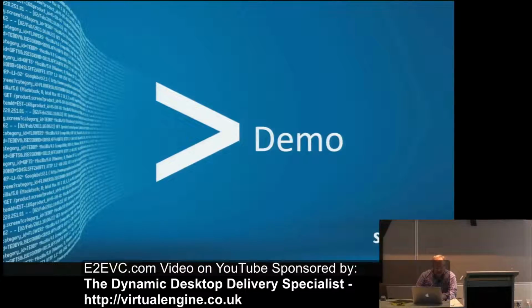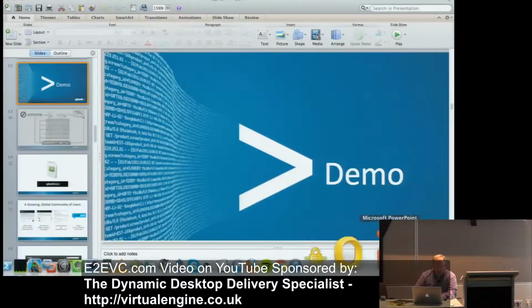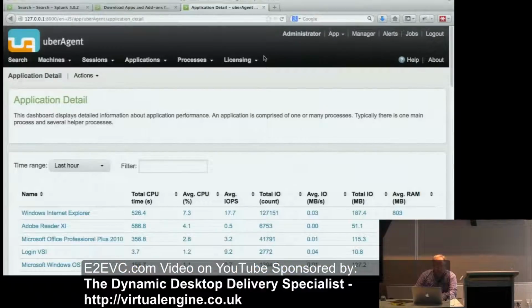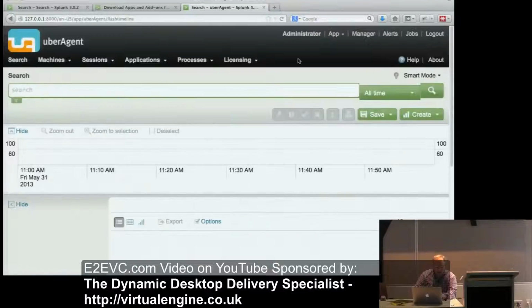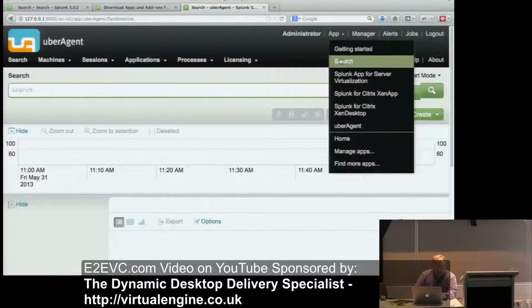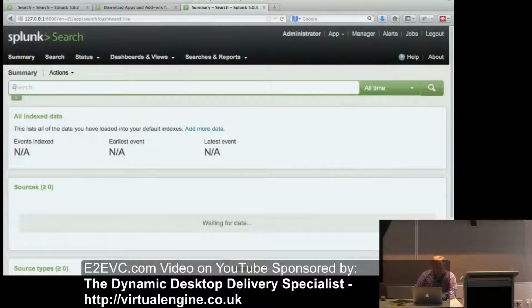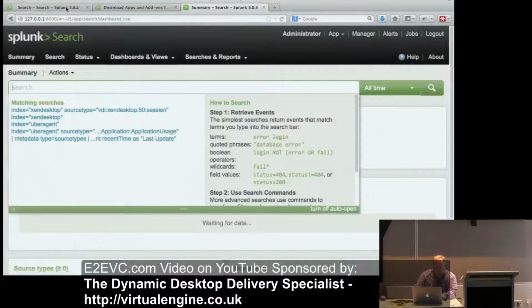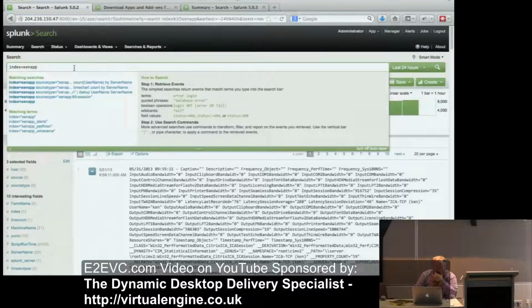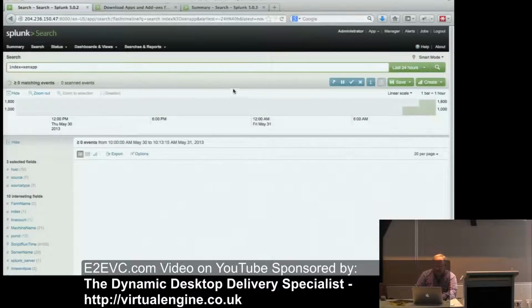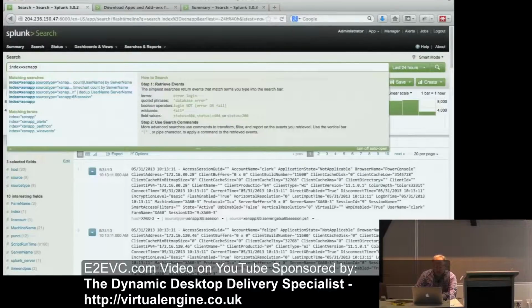So let's take XenApp for example. Let's create a dashboard for XenApp. What's a common thing to look at? Server load. If I want to look at the average server load per server, I can go in here. Remember, I was just doing discovery. I know that the index is XenApp, so I can look down here and ask what source types I have, and obviously this is the one that looks like server load, and now that's restricted my events to only server load.